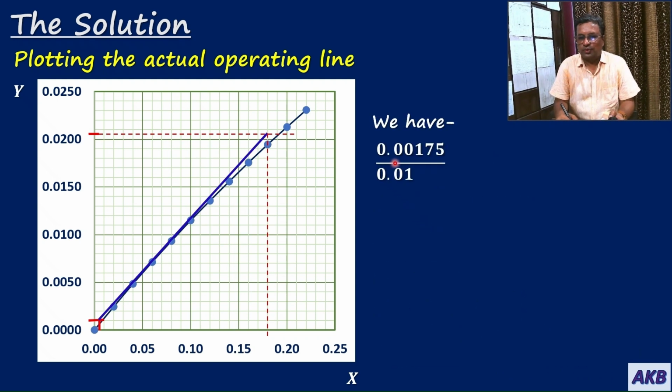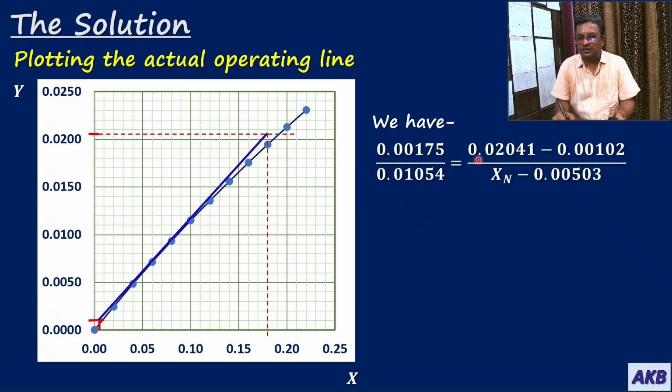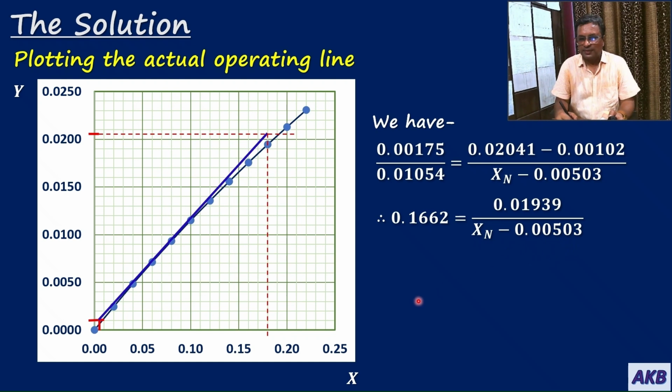So we have 0.00175 divided by 0.01054, that is equal to 0.02041 minus 0.00102 divided by capital XN minus 0.00503. So this ratio is 0.1662, that is equal to, this difference is 0.01939 divided by capital XN minus 0.00503, that is XN minus 0.00503, that is equal to